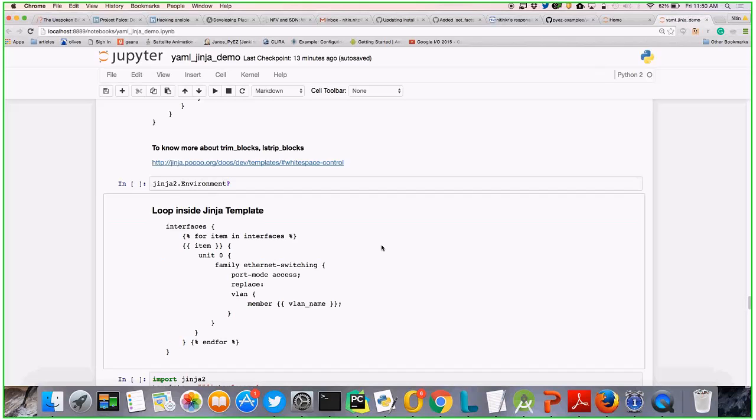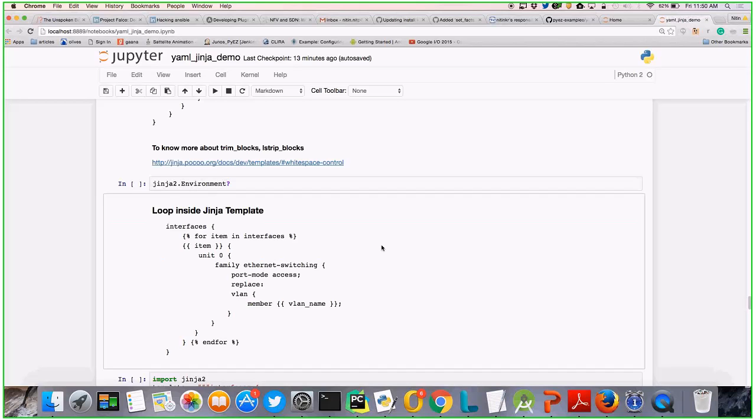So those are simple key value pair templates. Similarly, you can have a for loop in your template, like the way you have in Python, for item in interfaces. Obviously this interfaces needs to be a list. So for item in interfaces, this block will keep repeating according to how you provide your interfaces. If you have just one element, there will be one item. If you have four, then there will be four items. So these are the cases where your template becomes very handy.